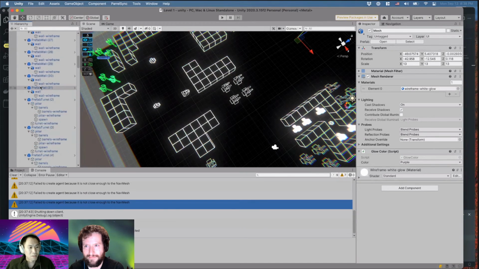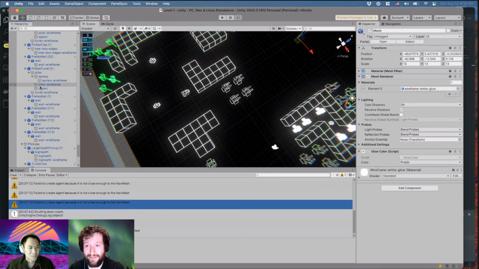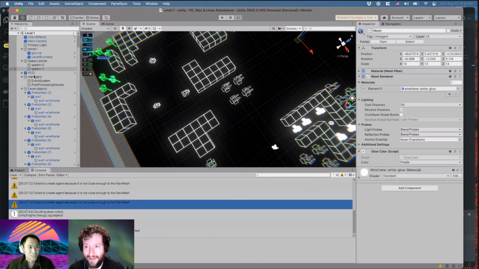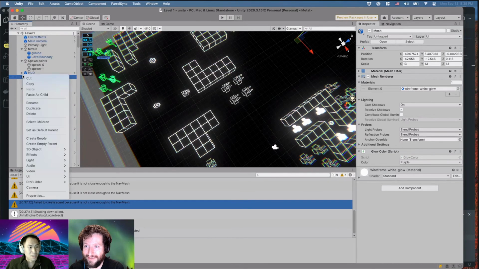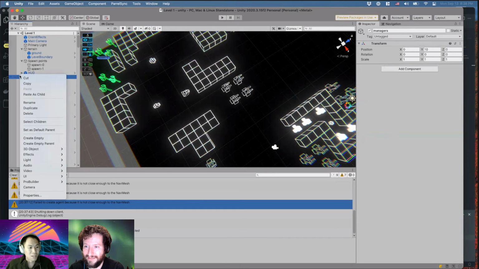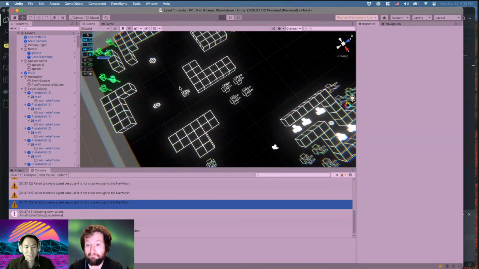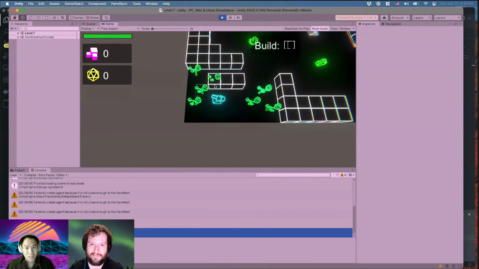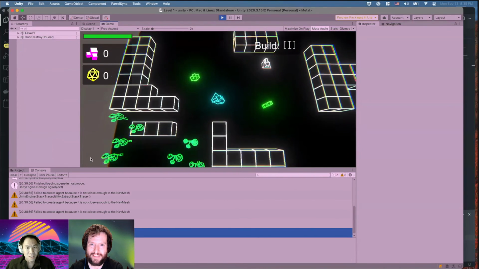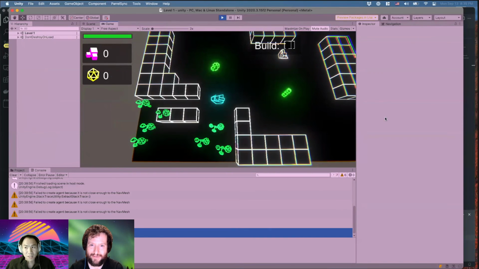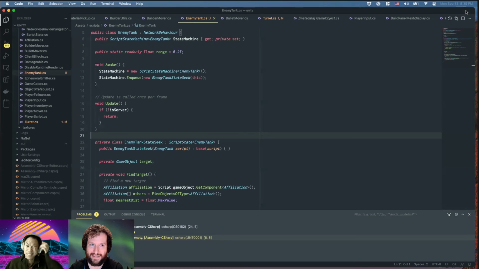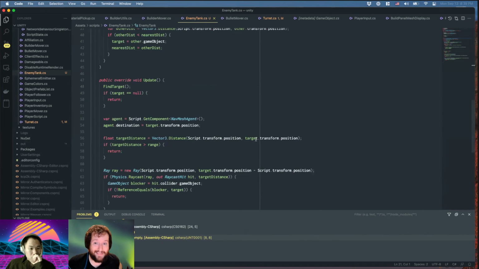Why did it open every object here? I don't know what happened. Is there a way in the editor to do this? Right click and collapse all, I think, but I have no idea. Oh, is there no collapse all? Oh well. Oh man. Well, damn. Nah, it should have navigated towards us at least. Yeah, well,